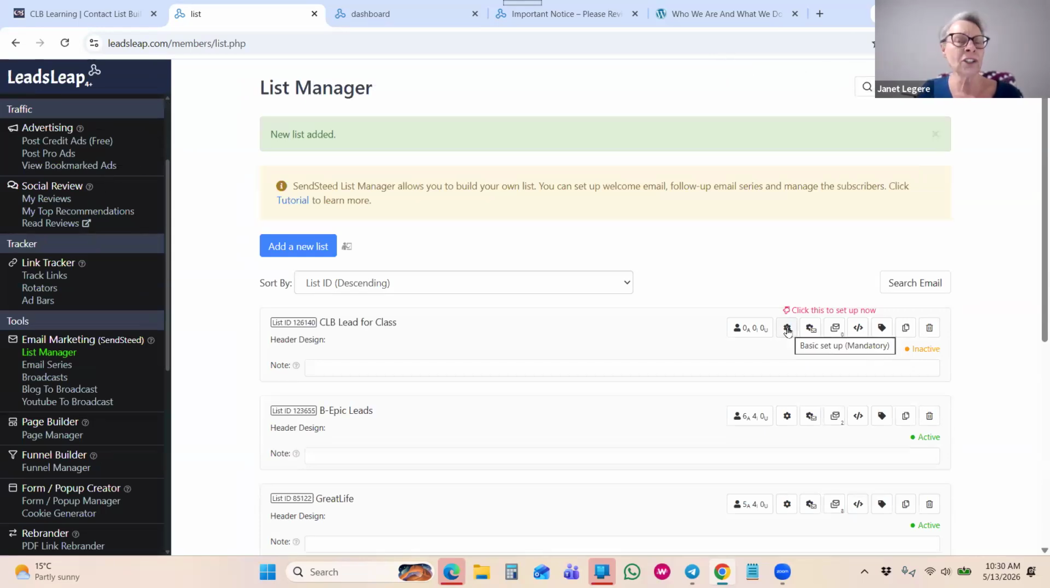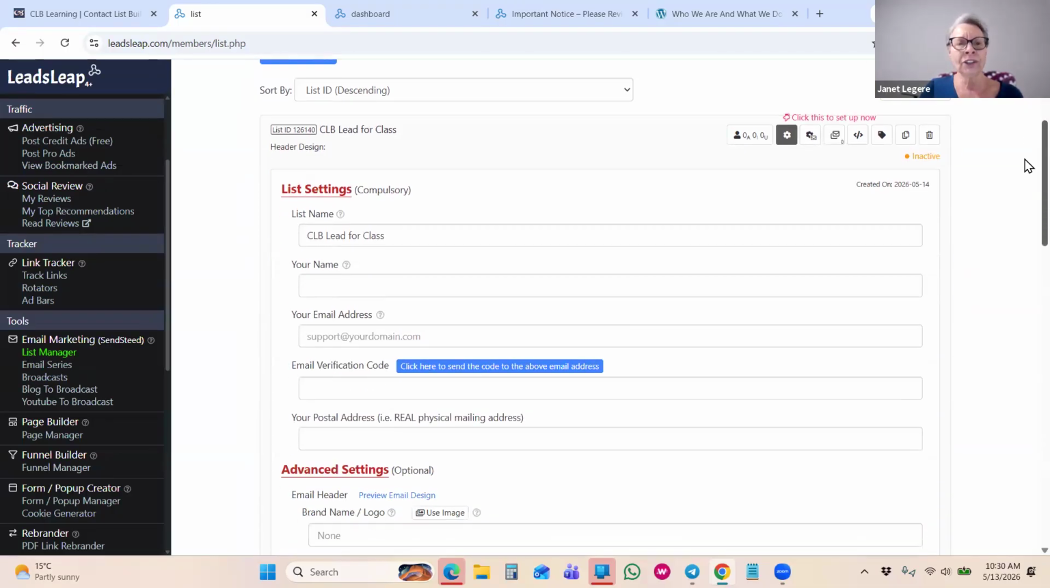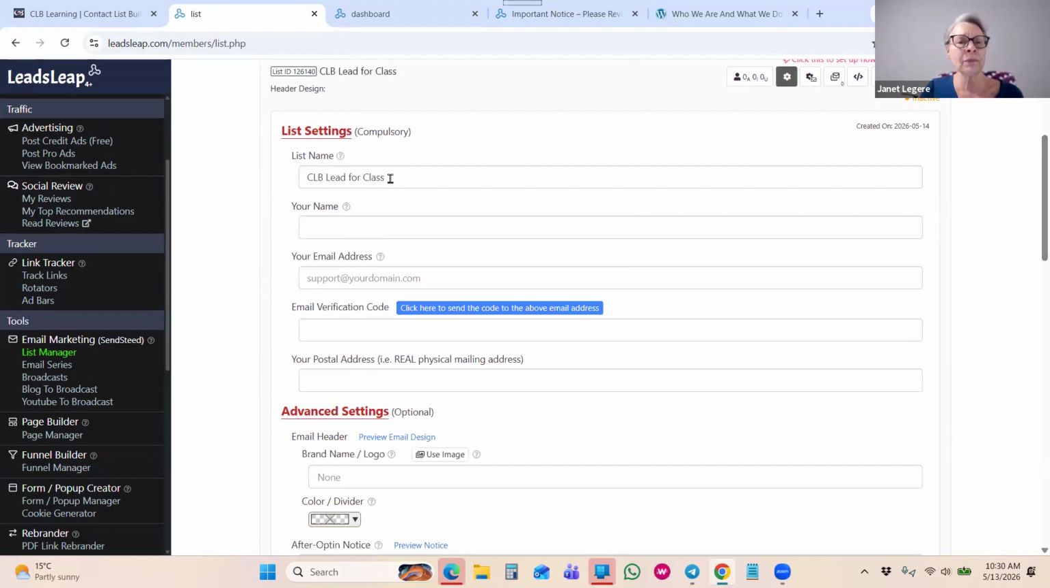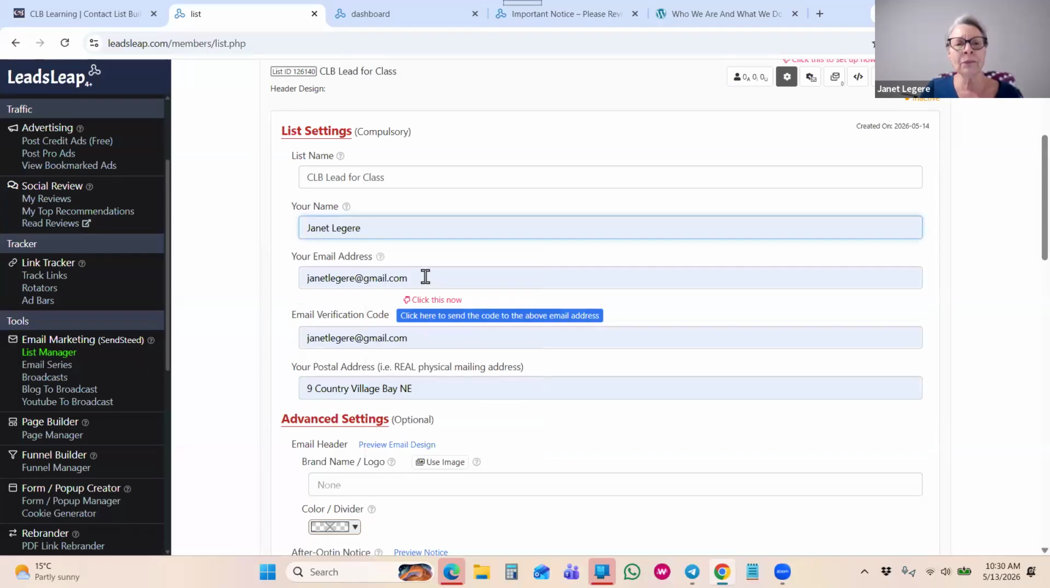So this is the first thing you're going to do. You need to update your settings on your list. Now the list name can be whatever you want to call it. In our training, we have you call it CLB leads. I put for class because I already have a CLB leads. You're going to want to put your name and your email address. Now, I recommend that you use the email address